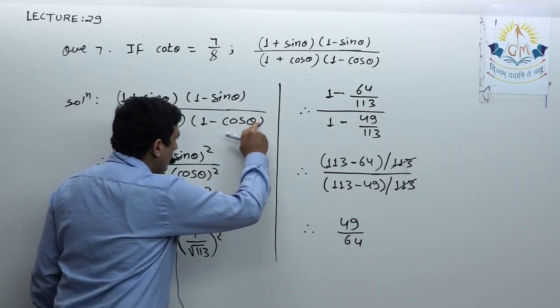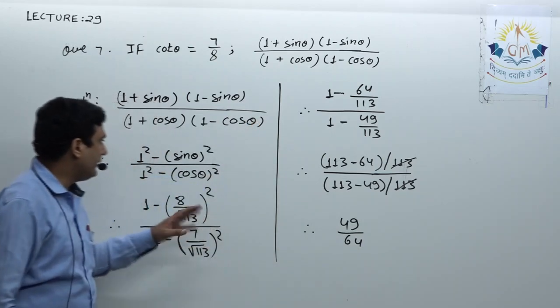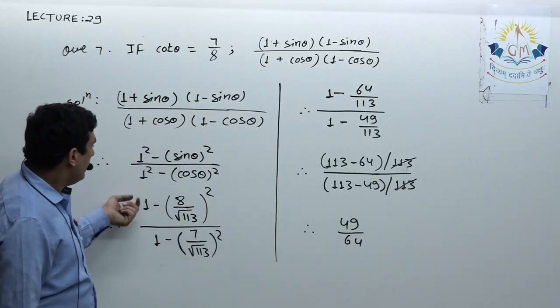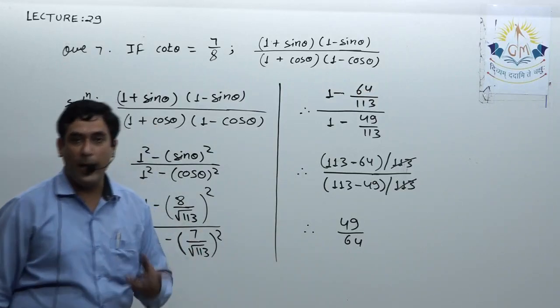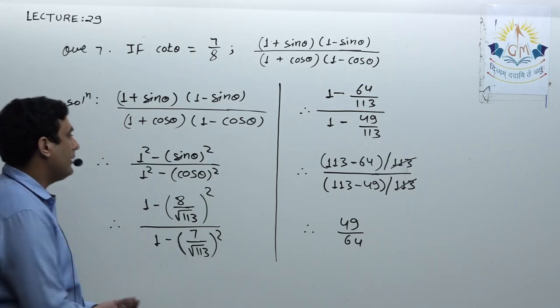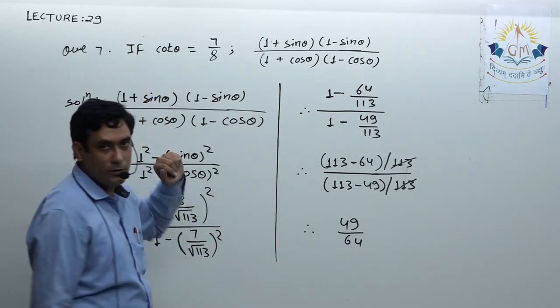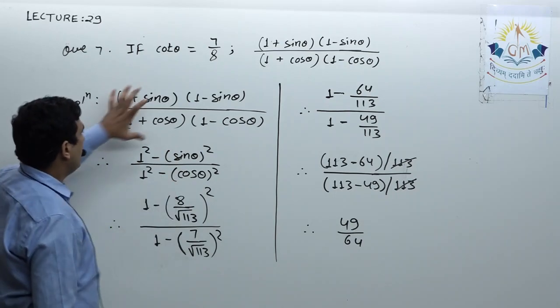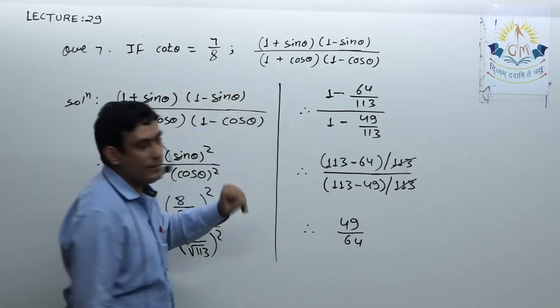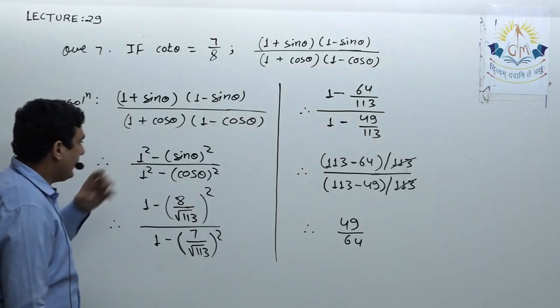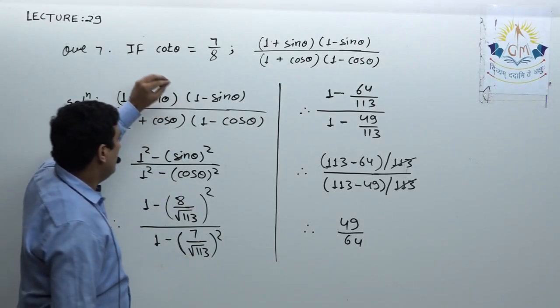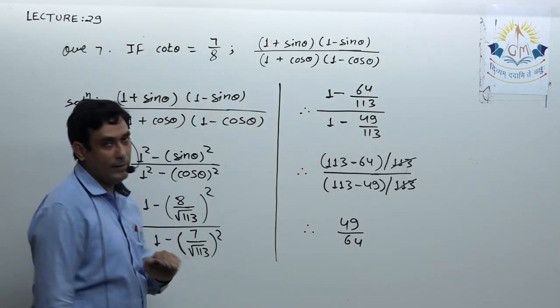However, there is a quite easier way other than this to solve this, but for that we must know some more identities. So that we'll see in our next lecture, and over there again we'll solve this question so that you can understand that actually this question is not that lengthy. You can do it orally, but here we solved it by the concept that we know right now.